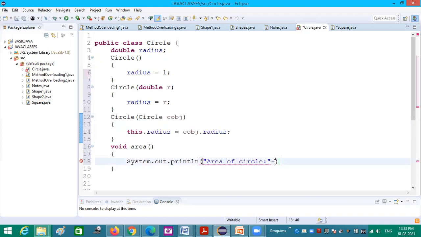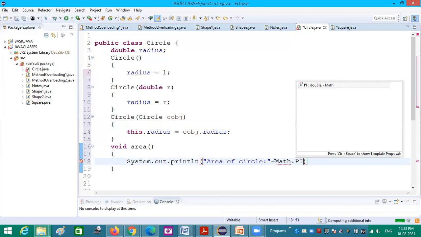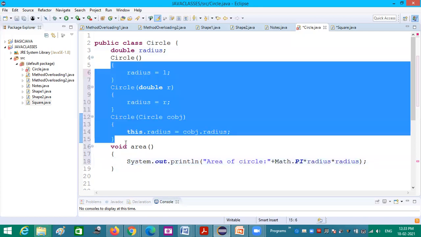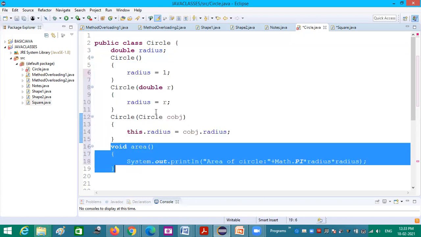Now simply I can calculate Math.PI times radius times radius. So this result will be printed as the area. So for this class, we have created one instance variable, three different constructors, and one method.